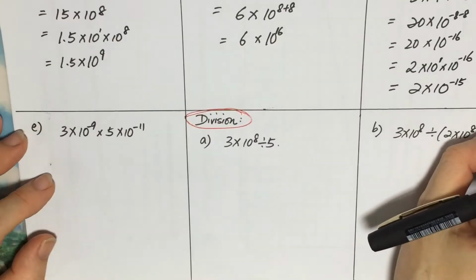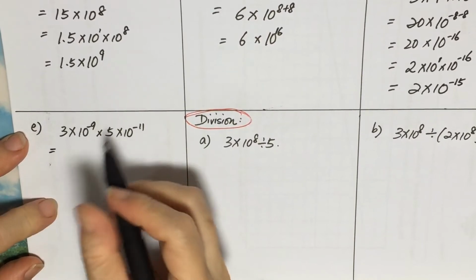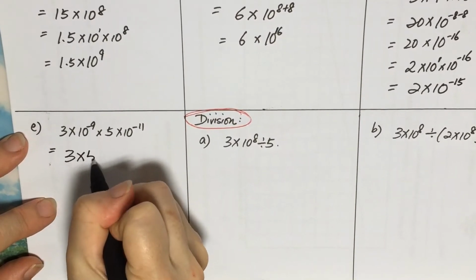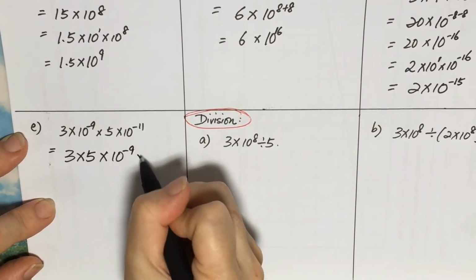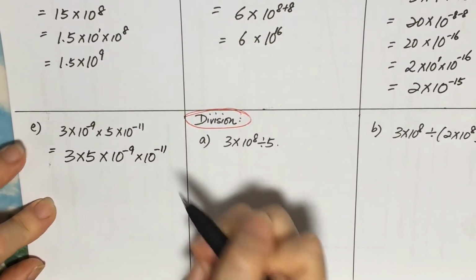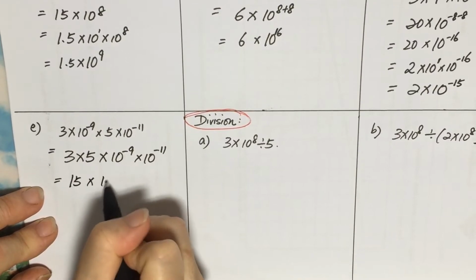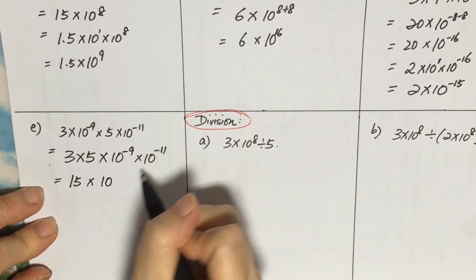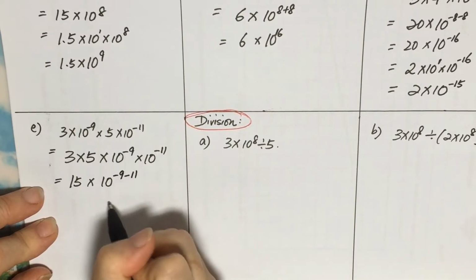Next question. Same thing, I can change the order. So I change 3 and 5, put them together, and 10 to the power of negative 9 and 10 to the power of negative 11 put together. So 3 times 5 is 15. 10 to the power of negative 9 times 10 to the power of negative 11 will be negative 9 minus 11, which is 10 to the power of